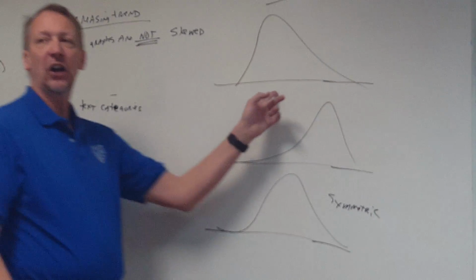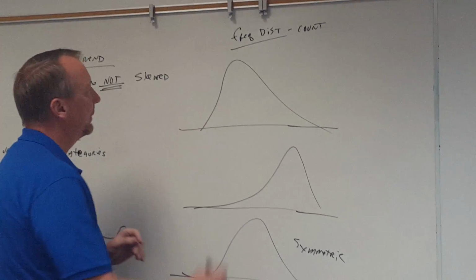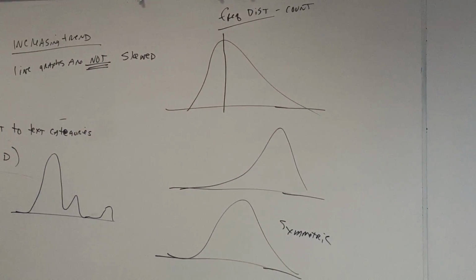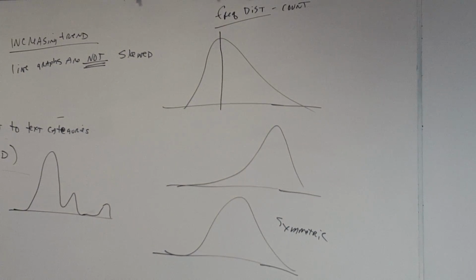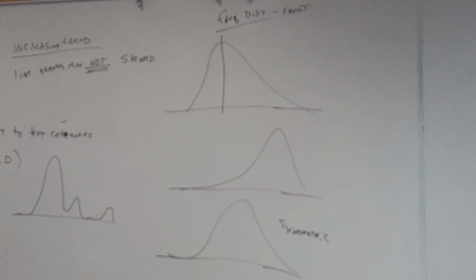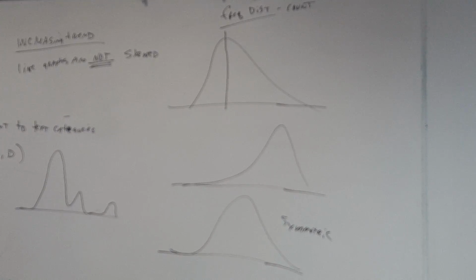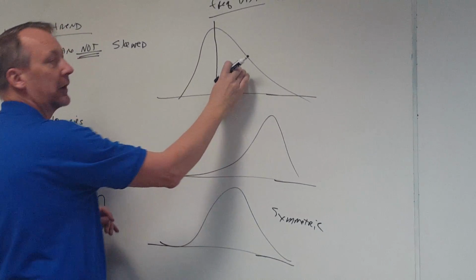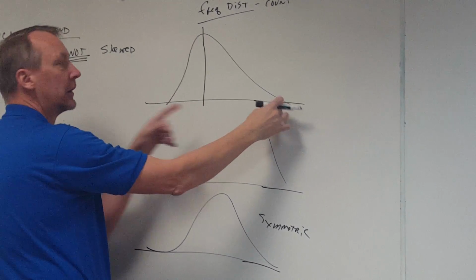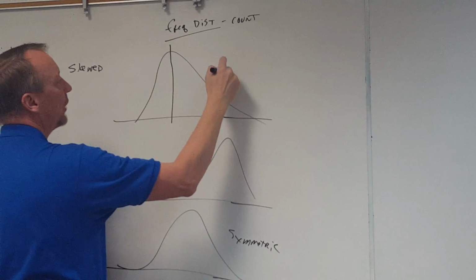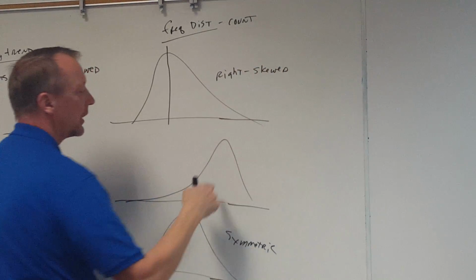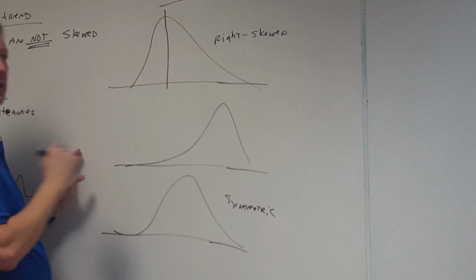All right, if you see a curve that looks like this, okay, basically what you're trying to do is you're going to take, where's the high point on your graph? Okay? Is the right side a bigger tail or the left side a bigger tail? The right side. The right side is bigger, right? There's more area here. So this is what we would say is right skewed. This one would be left